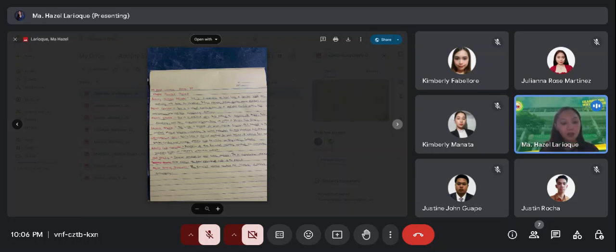Next is cost management plan. This is like a financial roadmap for your project. It outlines how you'll track, control, and manage project costs to ensure you stay within budget. Next is activity cost estimate, a prediction of financial resources needed to complete a specific task or activity within a project.